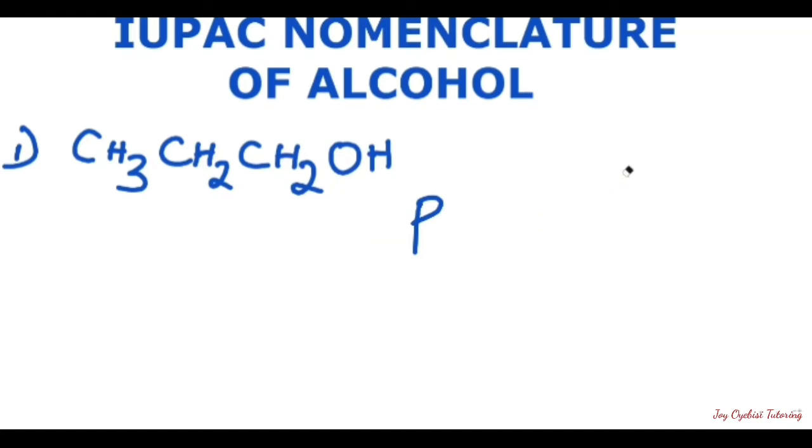All right, so now the first thing to do here is to count the number of carbons starting from here. Now, why am I starting from here? Because that will give this OH a lower number. The OL is going to get a lower number. If we start from here, it's going to make it 3, and that is higher than 1, right? So we're starting from here to number. Now we have 3 carbons, and 3 carbons in chemistry is represented as prop. So because it is 3, it will be propane,